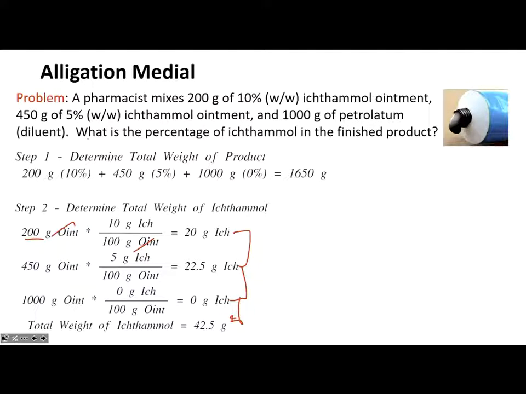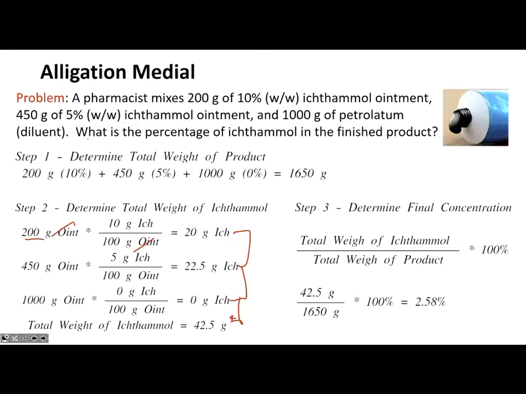All right? Step two was to find the total weight of the active ingredient, ichthymol. Step three is simply to take the total weight of the ichthymol divided by the total weight of the product and divide those out and then times 100 to express it as a percent. So total weight of ichthymol divided by the total weight of the product times 100% gives you 42.5 grams divided by 1,650 grams times 100 means our final total concentration of ichthymol is